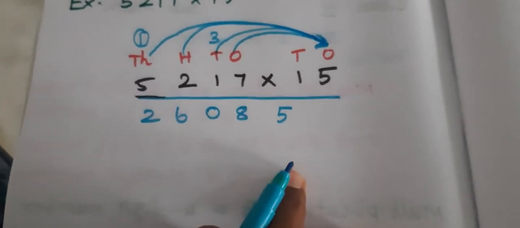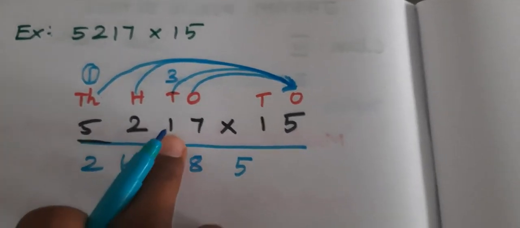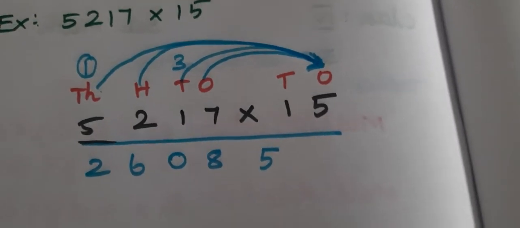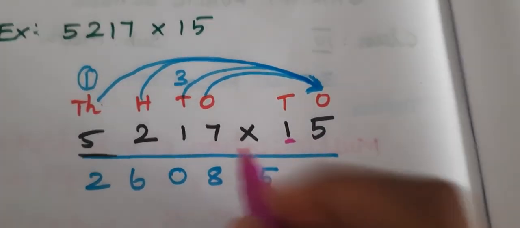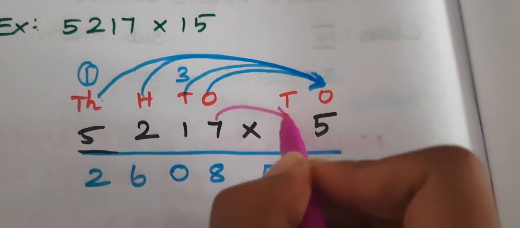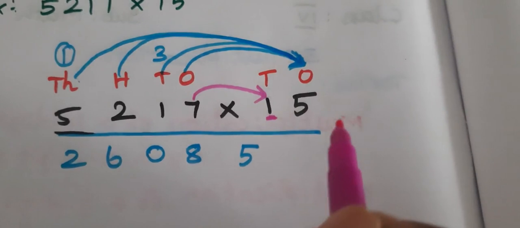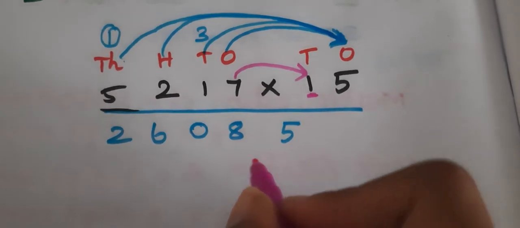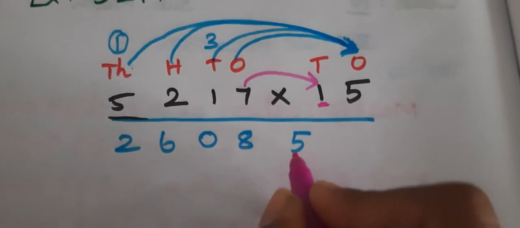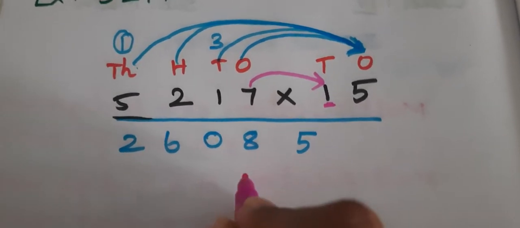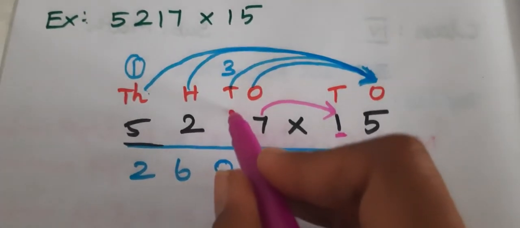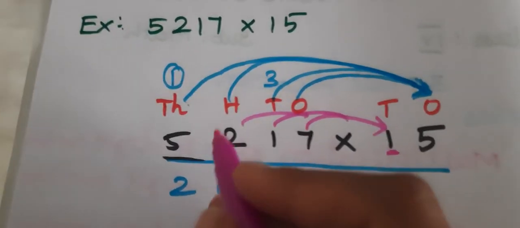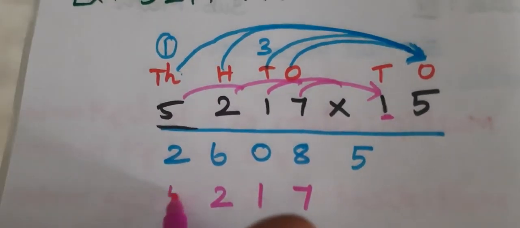Okay, first you have to multiply by the ones place number. After that, you use the next one. It's the tens place one, so you have to start with the next one. It's 7 into 1. 7 into 1 is 7. You need not write the 7 here, that is wrong. In such a case, you leave the ones place and write it in the next place. So 7. Okay, next 1 into 1 is 1. 2 into 1 is 2. Again 5 into 1 is 5.